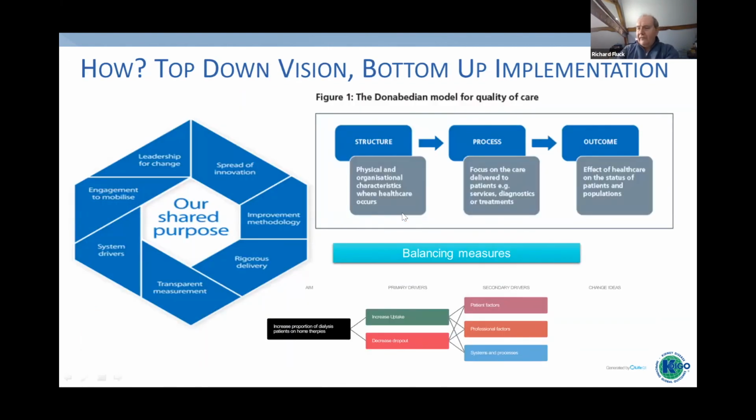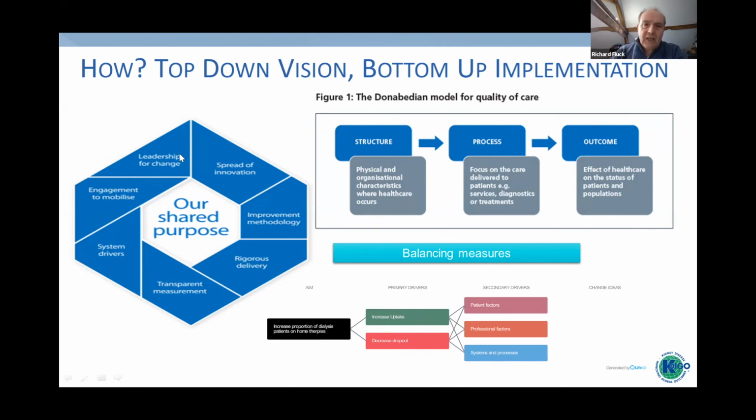So let's just finish up with some of the how. How do we build it? And I think it requires all three of those levels working together. And it's about top-down vision, but bottom-up implementation. So guidelines from the top should not be recipe books about how best to do it. They should be about the objectives. And as a commissioner clinician within the NHS, I feel my job is to provide the right tools so that people can utilize those. So this is our change model that we use within the NHS, the shared purpose within